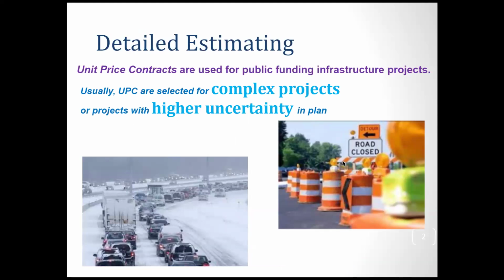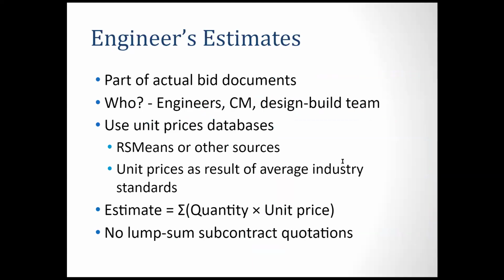Normally we use unit price for the detail estimates because that is for public projects. Usually unit price costs are for complex projects because you have more uncertainties, right? Projects with high uncertainty will use the detail because your unit price will not change. When the quantity goes up, the total cost goes up, but as a contractor you will not lose money, because you work more and you gain more, or you spend more, right? So